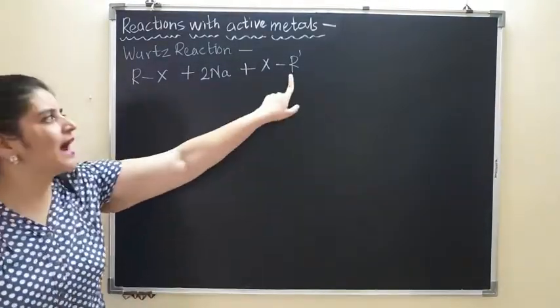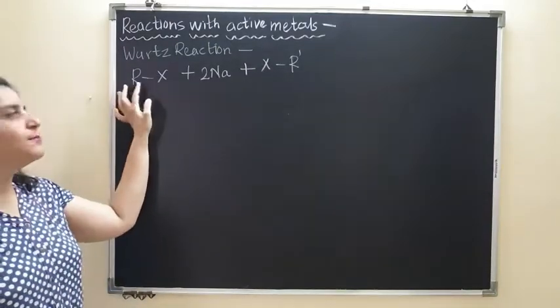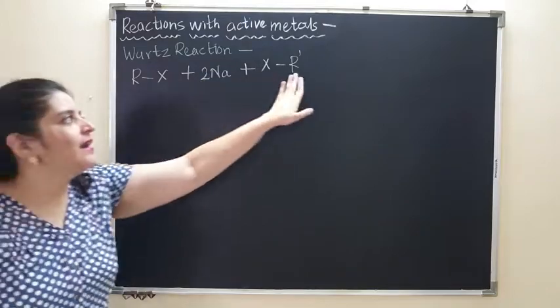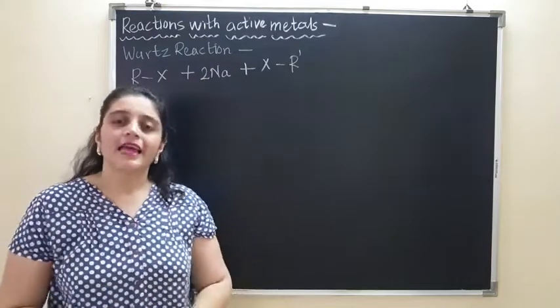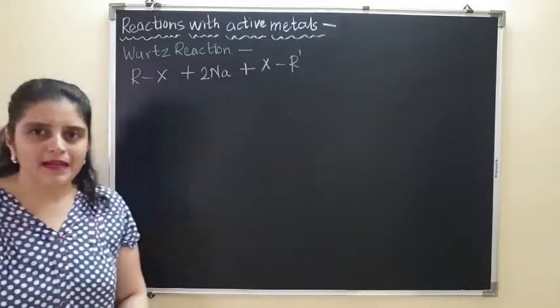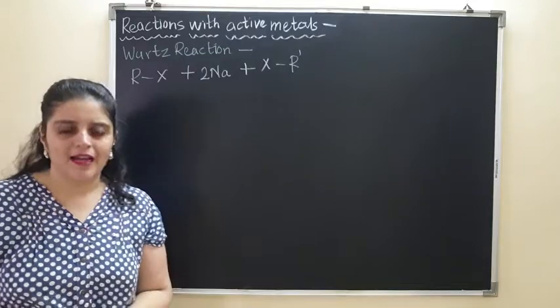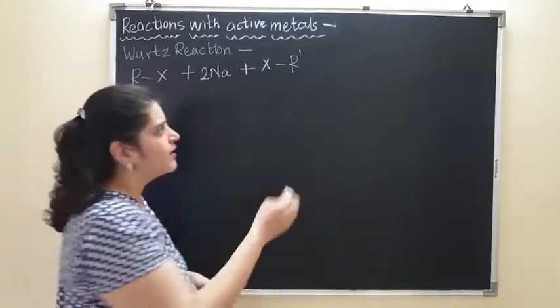Okay, so what are we actually trying to do? We are showing that both the alkyl halides are different by using a different symbol. Here we have taken R and here we have taken R'. That means both the alkyl groups are different. So this is the representation to show that we are taking a mixture of alkyl halides, in presence of dry ether,